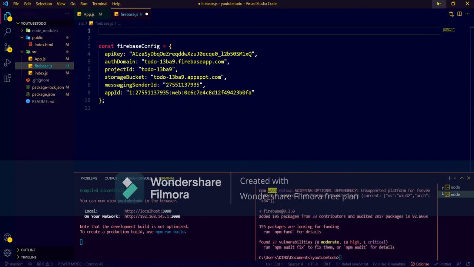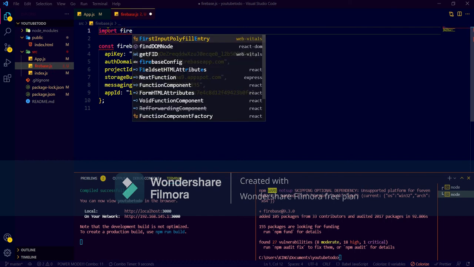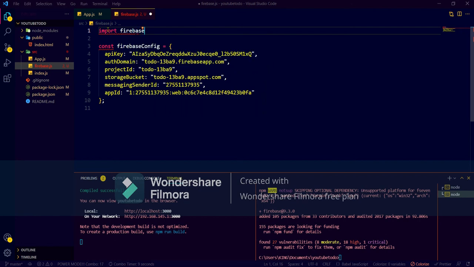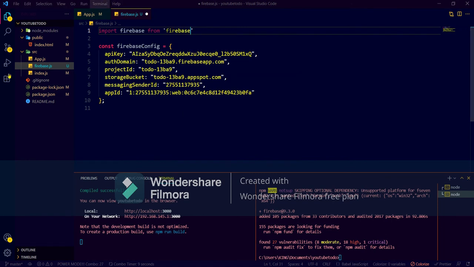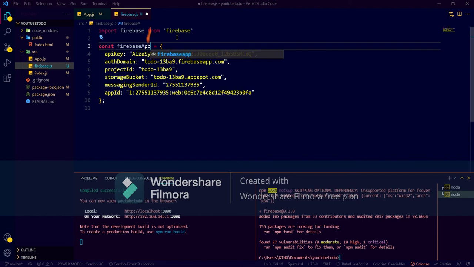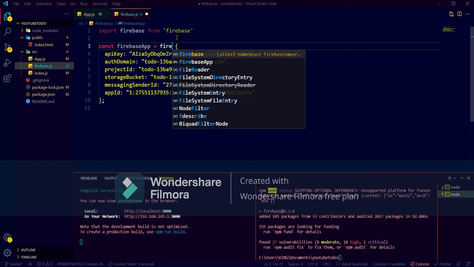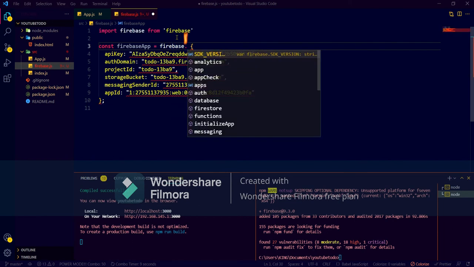We will add some code in this configuration. We will write import firebase from firebase, and instead of this we will write something like const firebaseApp, and after this we will write firebase.initializeApp.